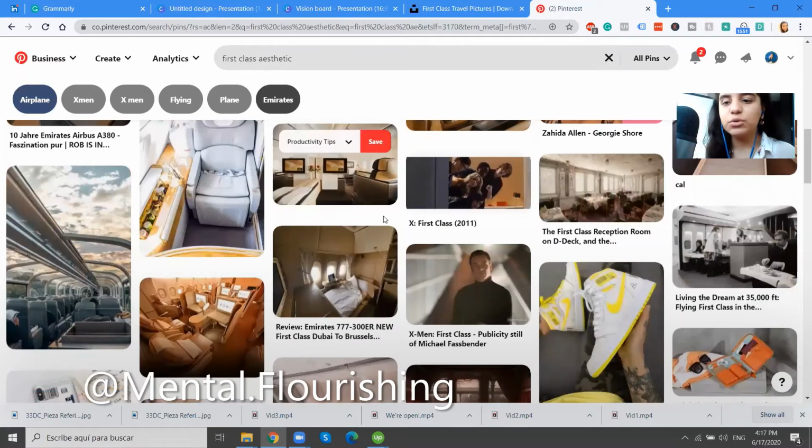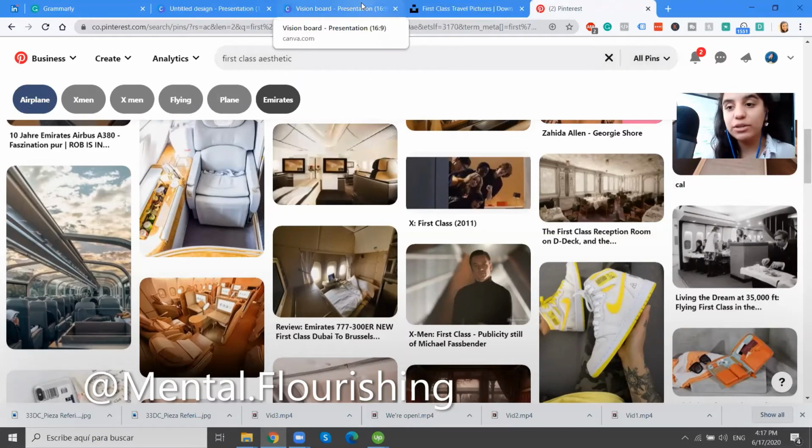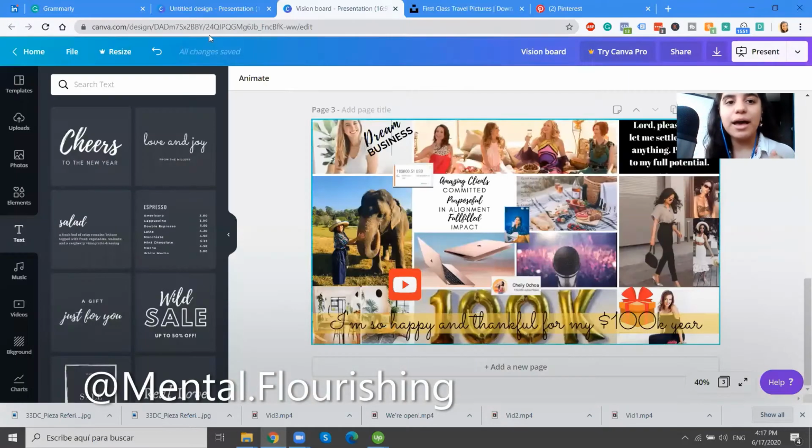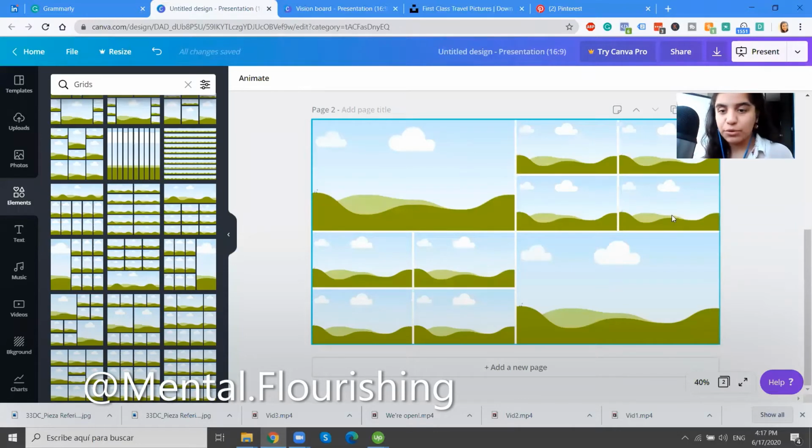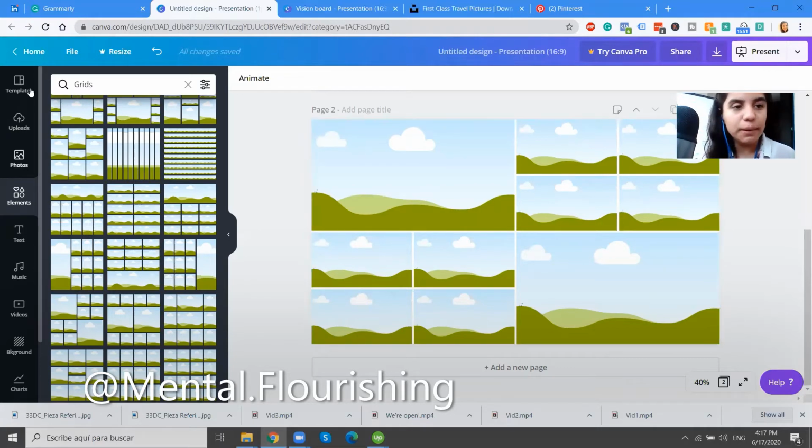So the idea is for you to just scroll down, do your research, and pick images that resonate with your goals and your desires, based on the number of images that you're going to put here. In this case, it's 10 images, so you will need to find 10 images plus one image of yourself, ideally an image where you feel really confident and proud and you love the way you look, because that's the image you are going to put in the middle. Okay, so for this particular video, I'm just going to use